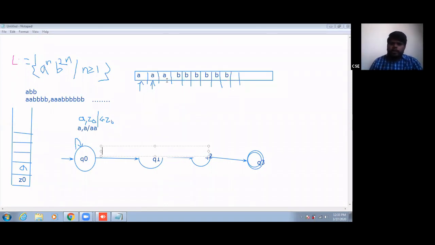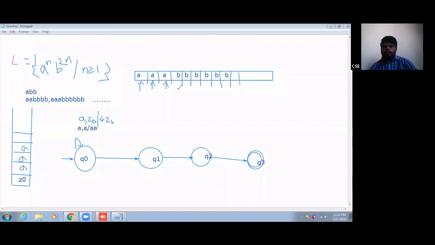My input pointer has scanned up to the A's, and now it is pointing to B. Like this, I have pushed 3 A's into the stack. The transition A comma A will work for all of these transitions.